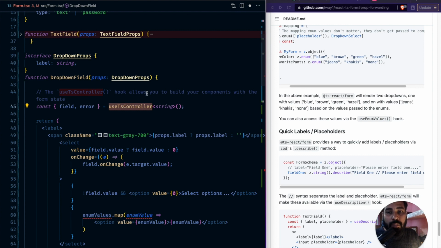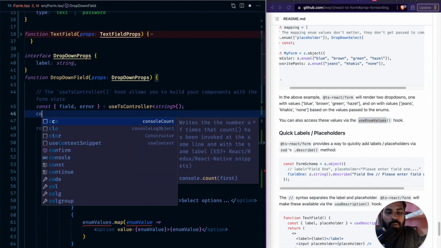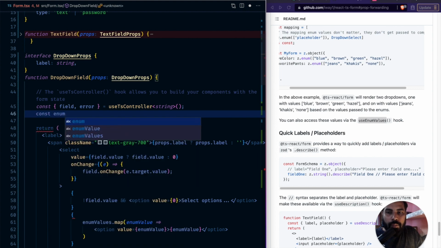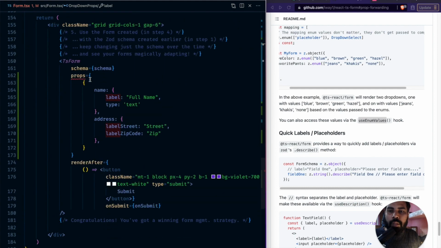So for that, this library again ships with a quality of life improvement, which is useEnumValues, right? It's a hook available right out of the library. You can just come here and do something like enum values equal to useEnumValues. Let's just import it and save it, right? Since we provided the label, we'll have to configure the label now for the drop down